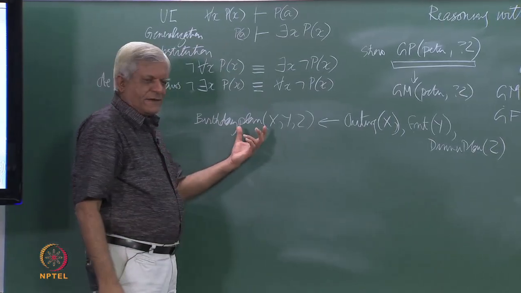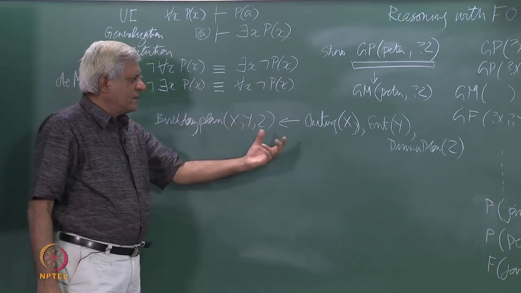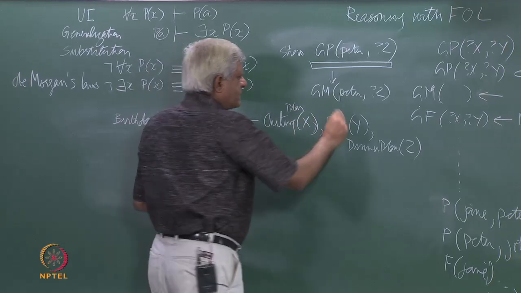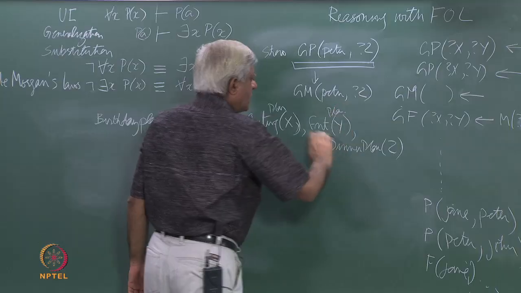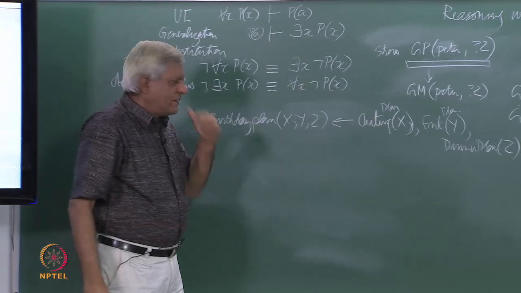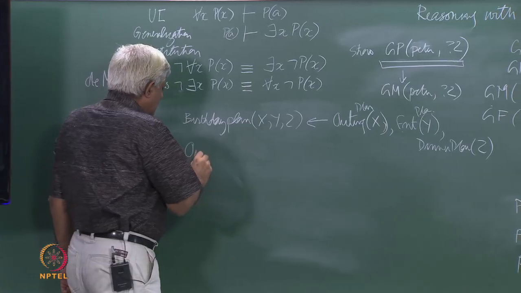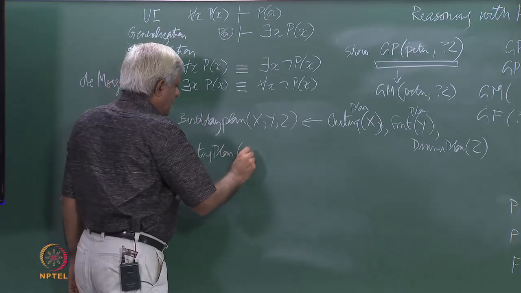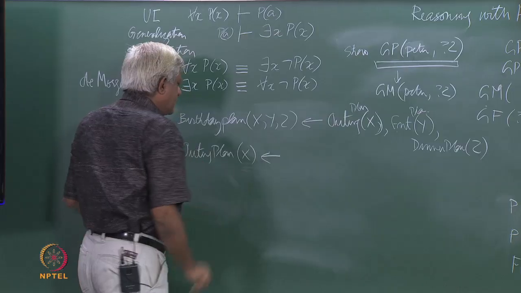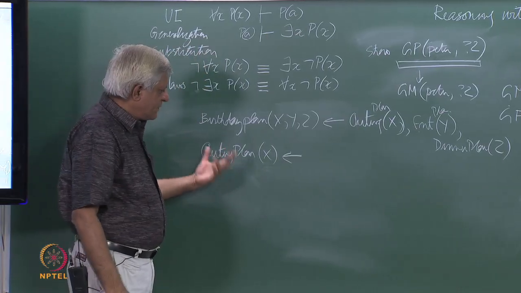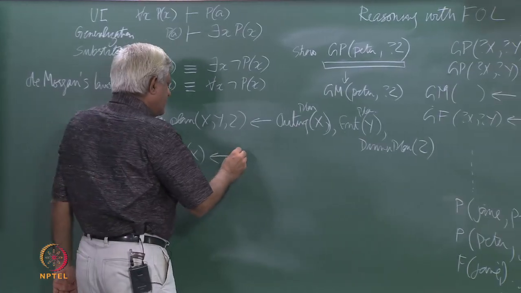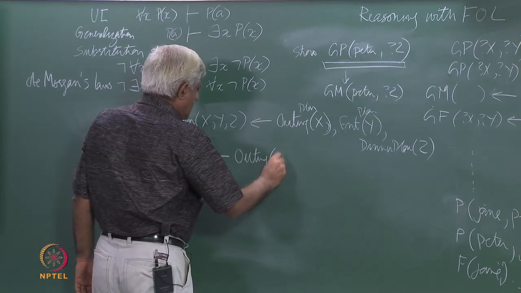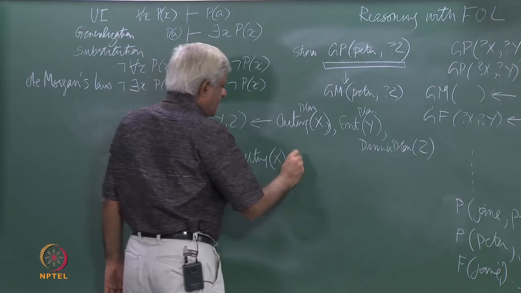So, you have a birthday plan made up of x, y and z. If you have an outing plan called x, an entertainment plan called y and a dinner plan called z, then you could say an outing plan is a valid plan if it is an outing and likes